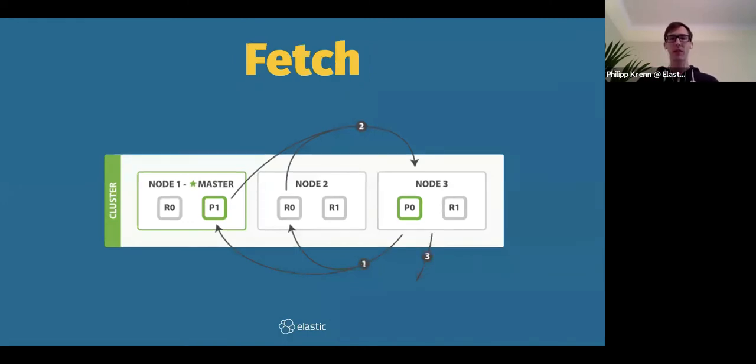And then you have a second phase, the fetch phase, where we actually retrieve the documents. In this one, the coordinating node sends out to the shards, hey, you have the first, the second, third, whatever document, and it's only fetching the actual top 10 documents. So especially if you have many shards, you would otherwise potentially retrieve a lot of data that you don't need. That's why you at first only send the list with the score and the ID of the document that each node holds, and then the coordinating node only fetches the actual relevant documents. And then, in the final step here, it sends back the results.